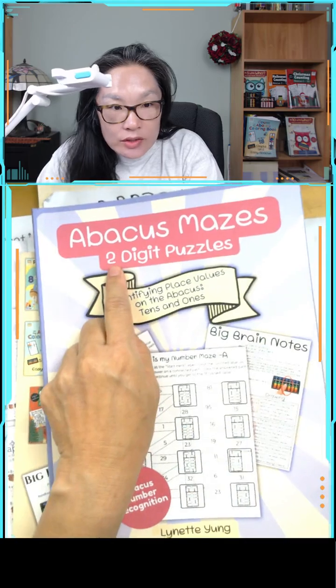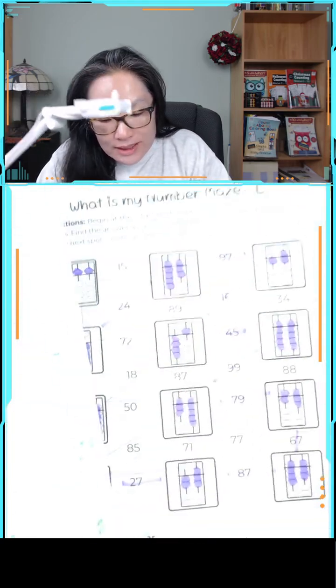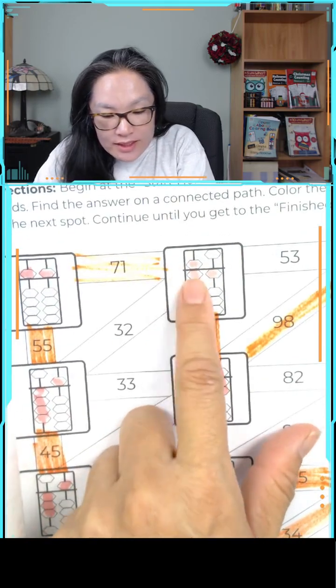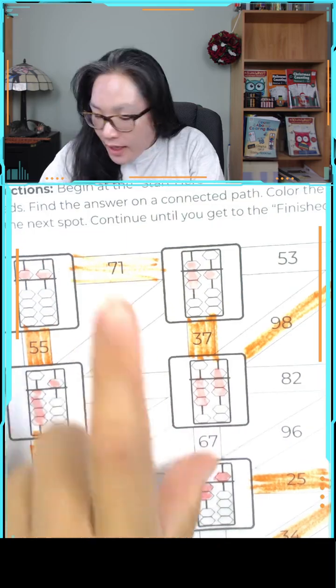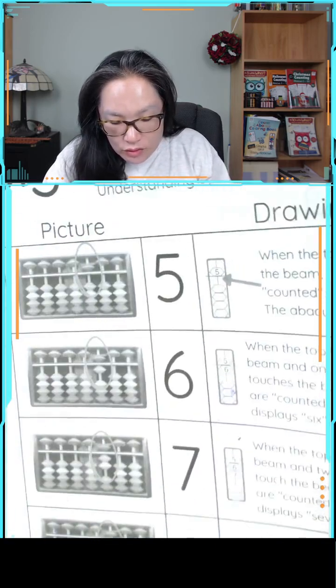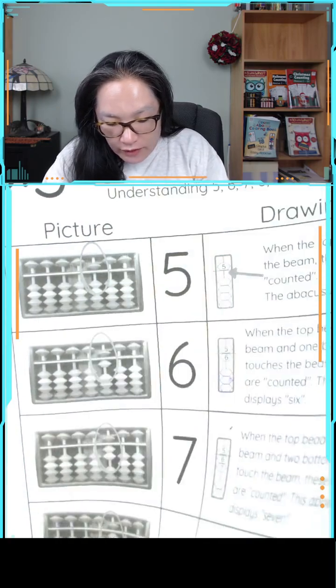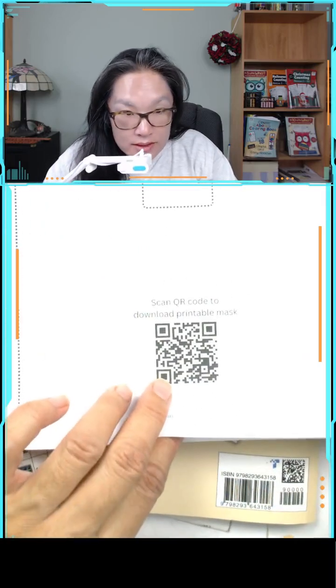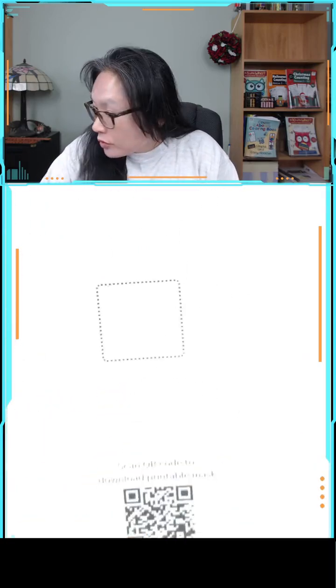So this is the 2-digit puzzles. What this is, you look at the number and you figure out what the answer is. If this is 71, then you follow the path. I give you a mask maze. This mask maze is to cover up the answers, right? So you have this, but what I did is I give you the option to download a printable version